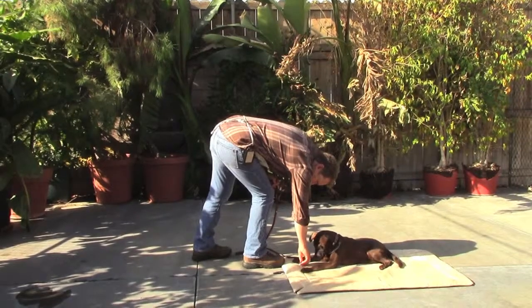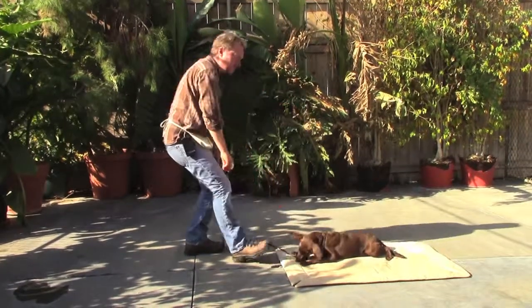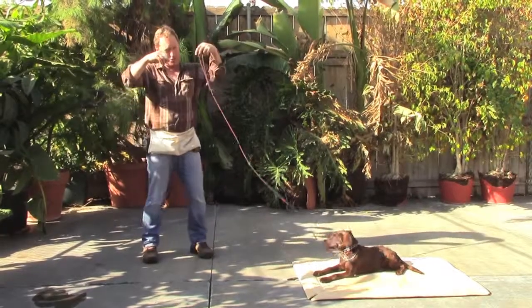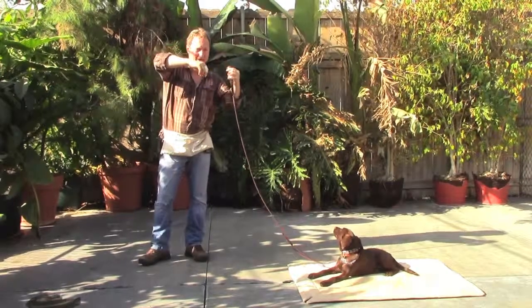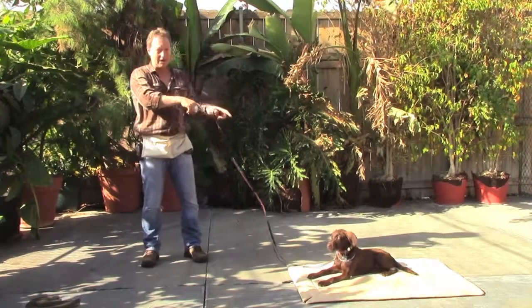See how I'm really pausing before I leave it there and how he's waiting? Good. You need to insist on that. Just do it easily, 2 or 3 seconds like that, so he's really waiting until you withdraw to take it off the mat. What you don't want is you go down and start giving him the food and he's all after it like that. He's very hungry now too, so